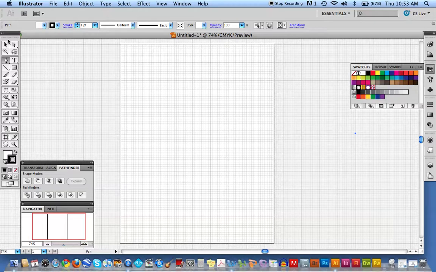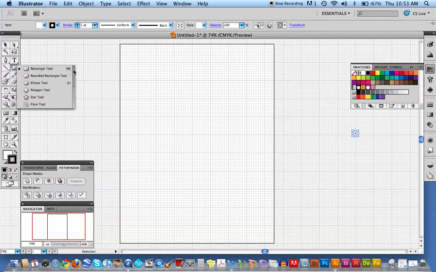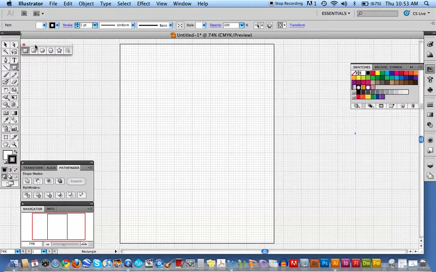So we're going to use some of our basic tools to create some simple objects. Most of your objects will start by using something in here. If you recall from the last lesson, any of these tools that has that little black triangle in the bottom corner can be expanded and torn off. So now you have a little subtool menu. In here you can do a rectangle, a rounded rectangle, an ellipse, a polygon, a star,